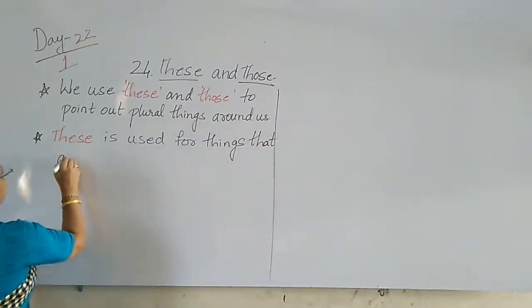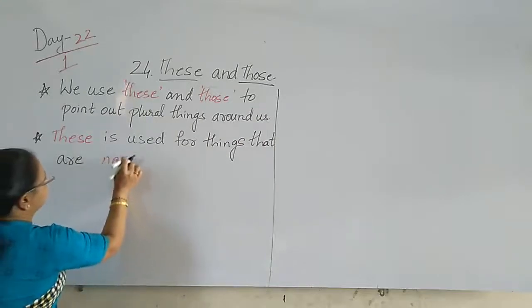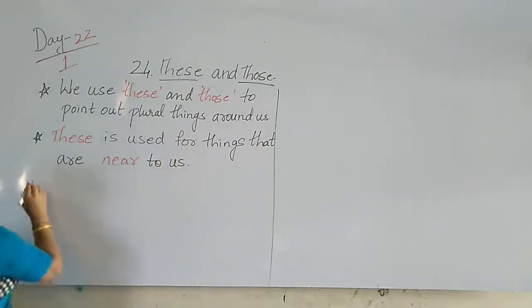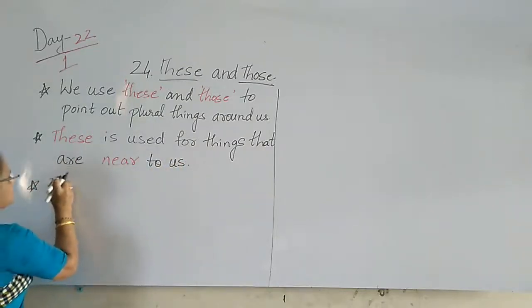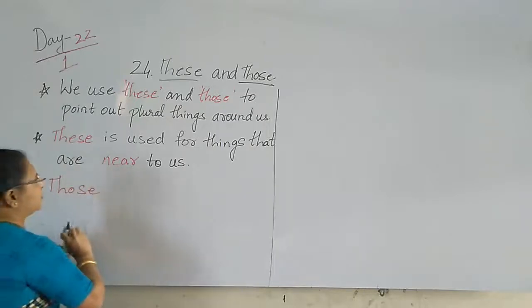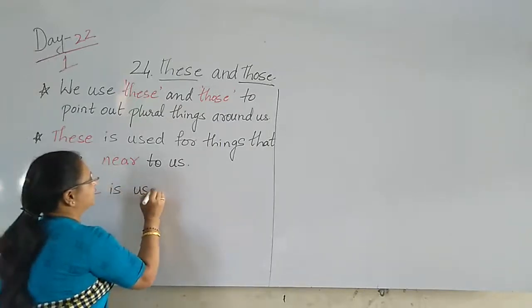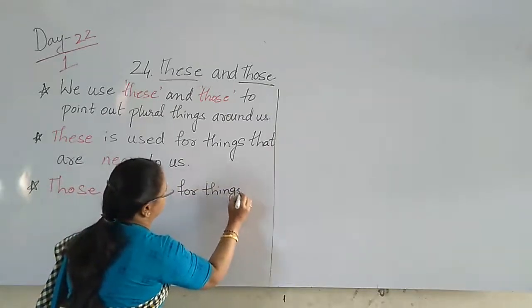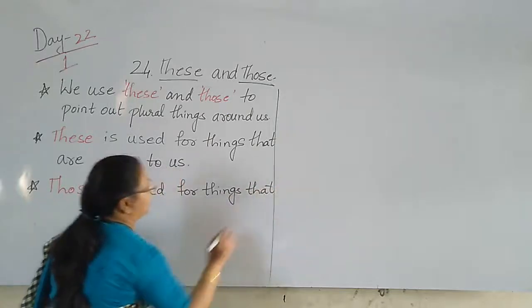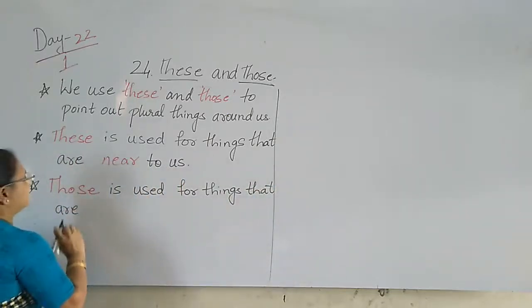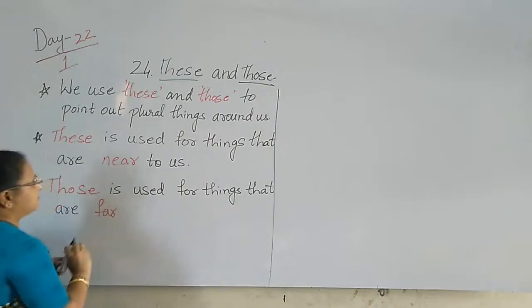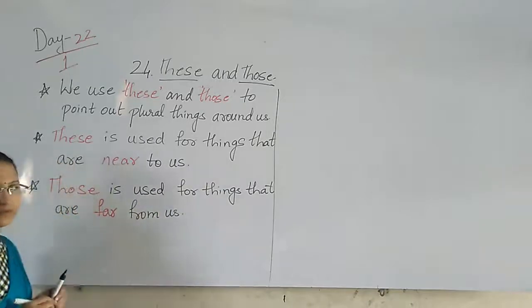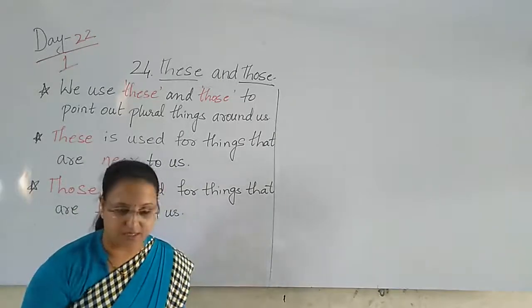That are near to us. Next is "those". Those is used for the things that are far from us. That are far from us. So here,